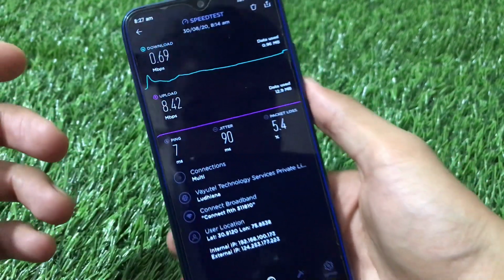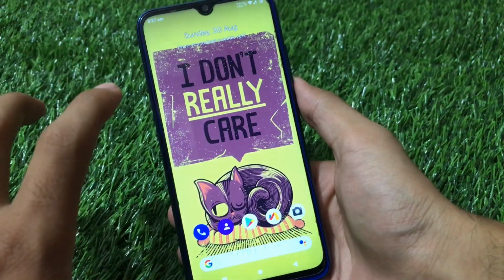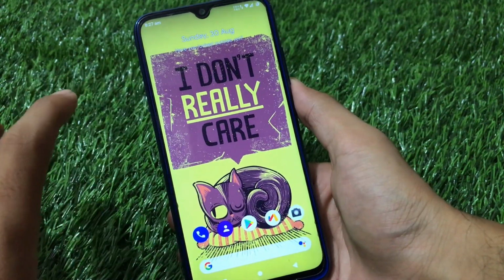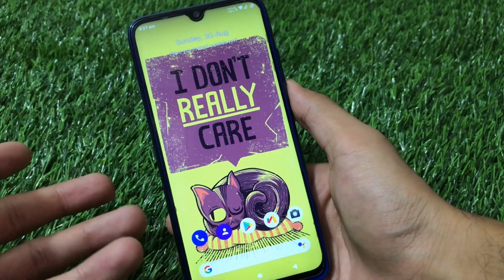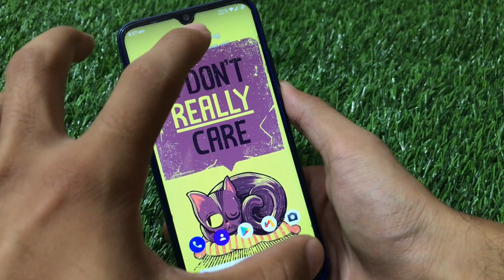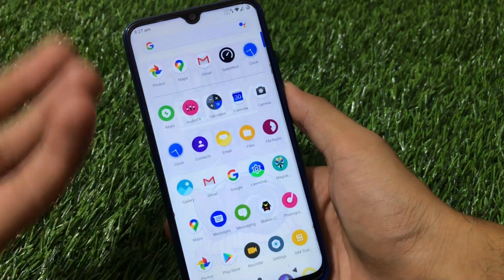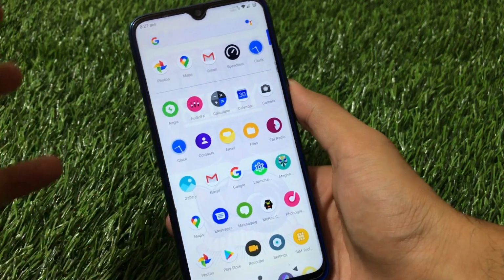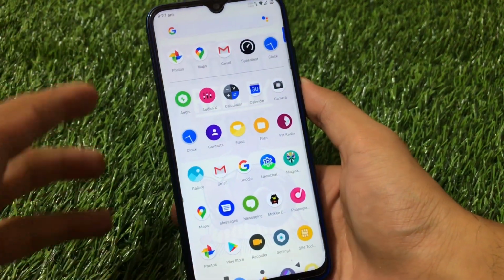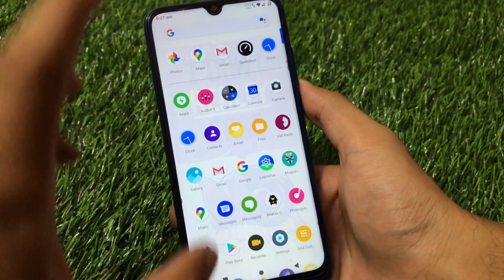This is quite disappointing. If you're a Redmi Note 8 user, you might get these kinds of disappointments because Wi-Fi is not properly working. If you're a mobile data user, I'm not sure about that because I'm not using the mobile data available. But the thing is, you can use the Wi-Fi but with no speed, and I am seriously not happy with this. Some kind of a disappointment here.